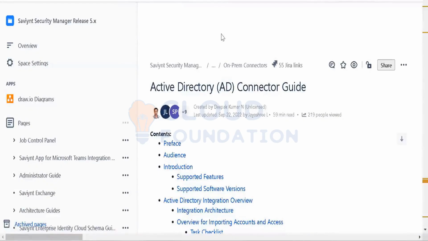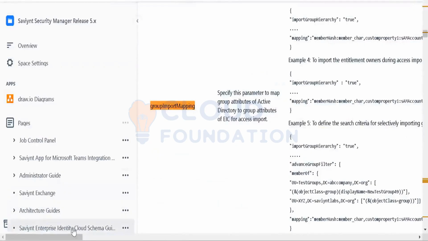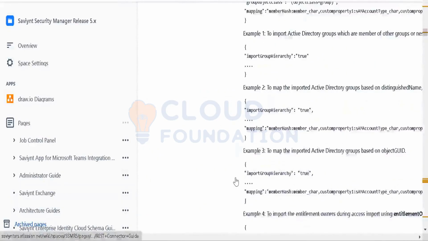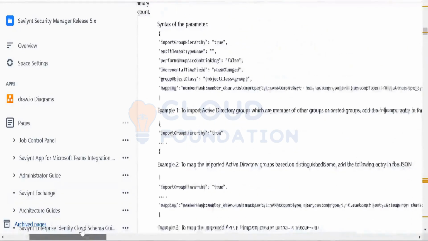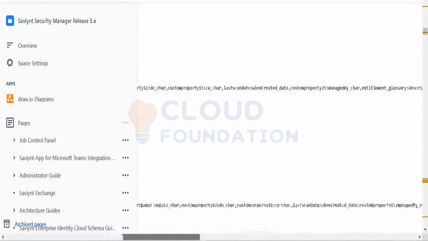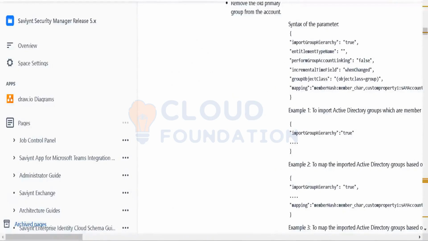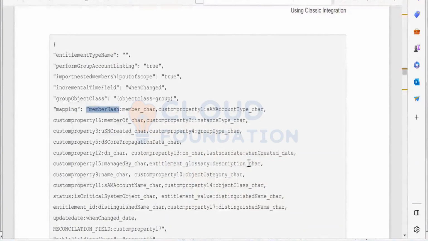If I search here for group input mapping, this is the format that I am passing now. Let's look at example 1. The same way, I am passing here what they have passed here. Nothing is different, the same way I am passing here. Just you have to add